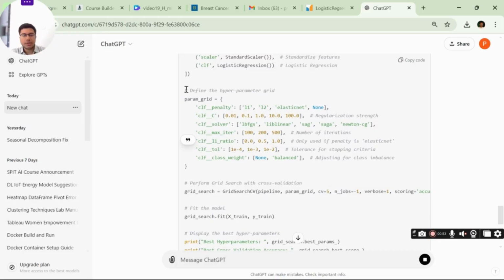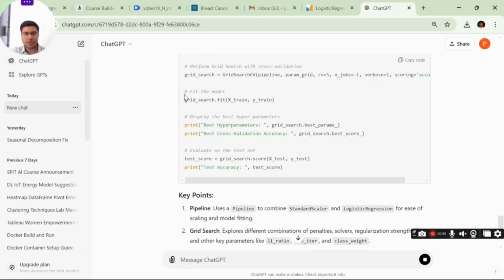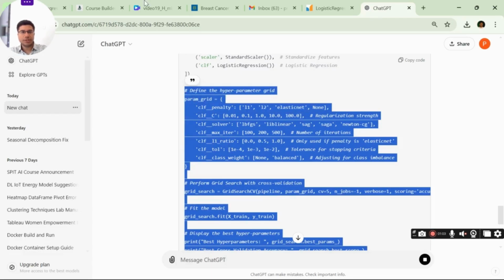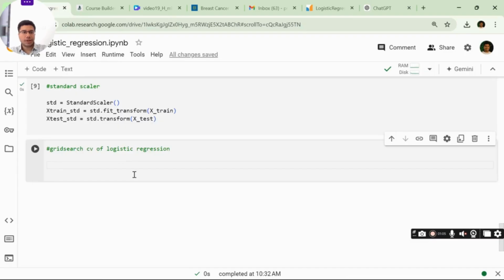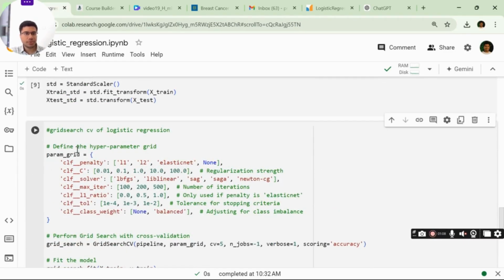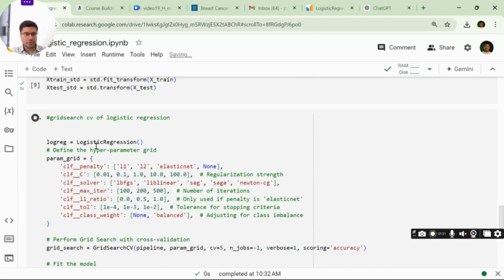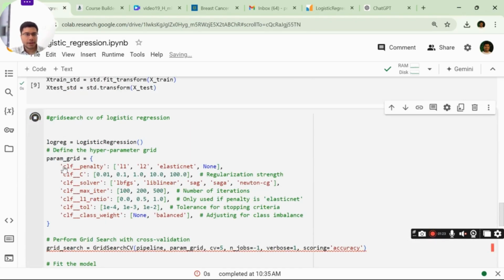Here we are getting the parameter grid, and okay, let us copy here. We will have to modify the code slightly. First we need to create an object of grid logistic regression, and we need to delete all this.